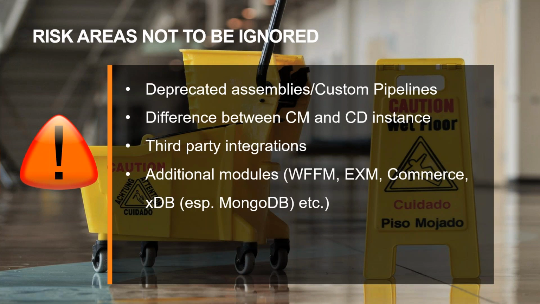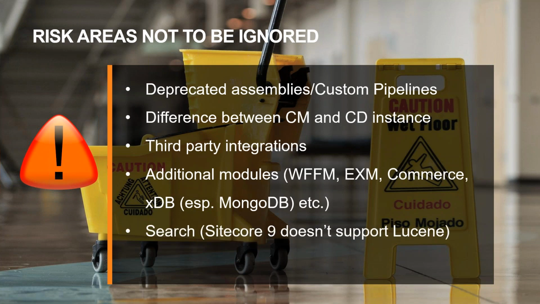Sitecore's additional modules also bring their own complexity post-upgrade. For example, Web Forms for Marketers, as Greg also highlighted, is no longer supported, so it can be trouble if we want to stay with Web Forms for Marketers even on Sitecore 9. Similarly, xDB, as you might be aware, has a totally different architecture in Sitecore 9, especially if you are using MongoDB, which is no longer supported directly. So there is something called Cosmos DB that has to be brought into the picture here.